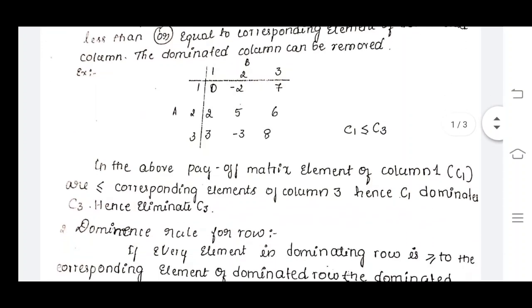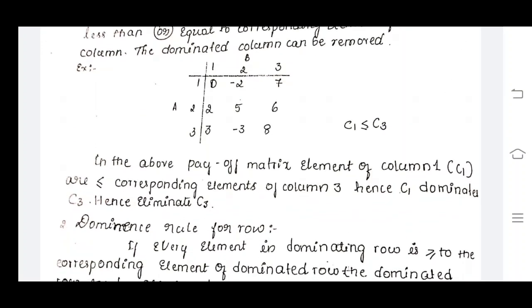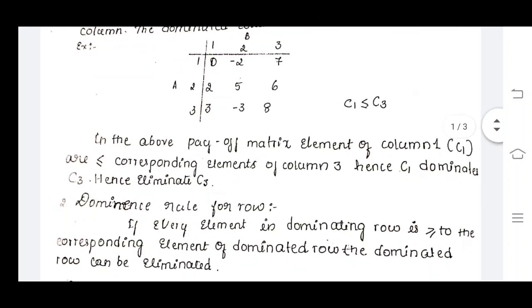Now in this case, if you look over the column, only we are looking at the column because this is the dominance rule for column. In the first column, whatever the elements are there will be compared with the second column. That should be less than or equal to the next column. The first column element 0 is not less than or equal to minus 2. 2 is less than, okay, but 3 is not less than or equal to minus 3, therefore the